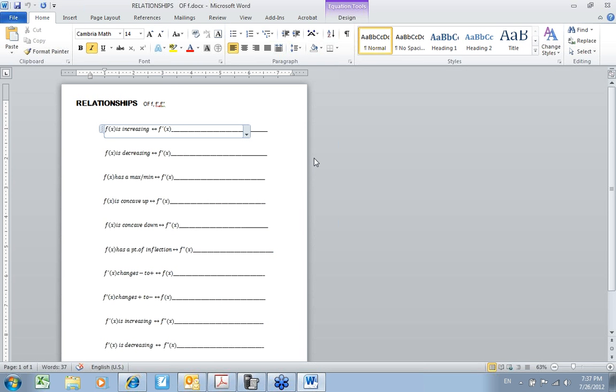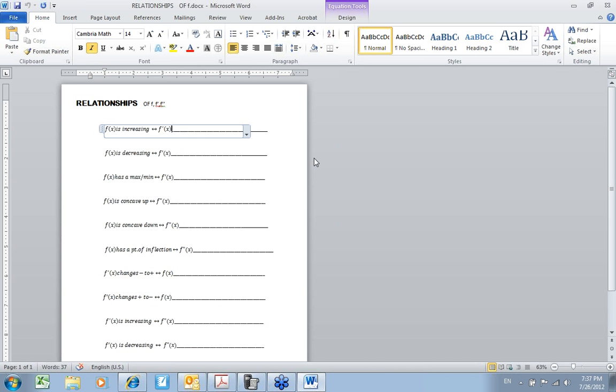I give little pop quizzes that are not really pop quizzes. I tell them when we're having one, and I'll ask them questions all year. You know, if f of x has a max or min, what does f prime have? And you just have to keep hitting it hard, and eventually they get it. And they'll even tell me at the end of the year that, God, I used to think this was hard, and now it's not so bad. So just an idea of an activity that I've used.